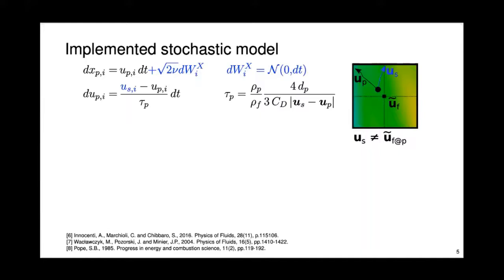Yeah, so we use this Innocenti model with some extra terms from Clausic. So one of these extra terms is to account for diffusion in space here with square root 2 times the kinematic viscosity, where this parameter dW is a stochastic Wiener process, which is just a vector of random variables sampled from a normal distribution. Then in the drag term, we have this new parameter US, which